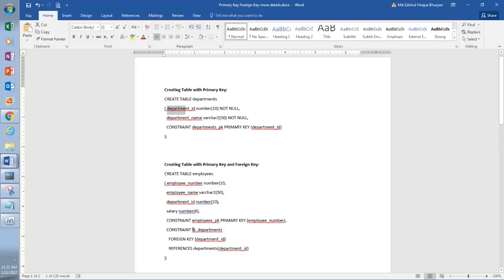We are first saying what is the name of that constraint, and then we are saying foreign key department ID. From which column? Foreign key department ID from this table, and it references departments department ID, right? Now if you go there, if you create this table,